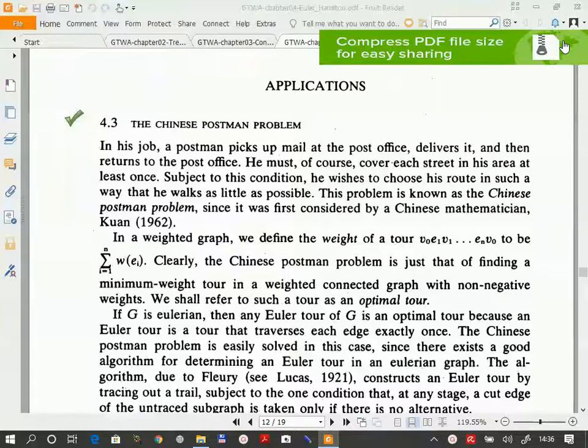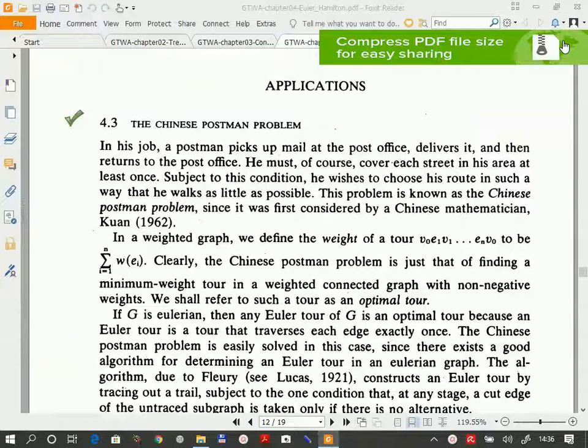Okay. If not, you are bound to go at least twice through some streets. Okay, and you would like that these streets which you go through twice are totally of minimal length. Do you follow me? That's reasonable, isn't it? And so you have this problem, which is again an optimization problem, which is something which comes very often with